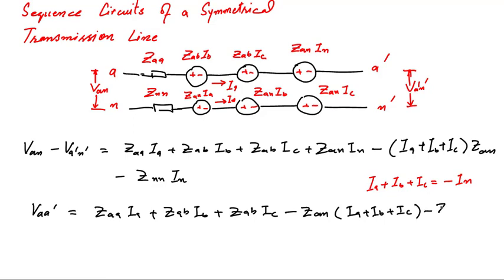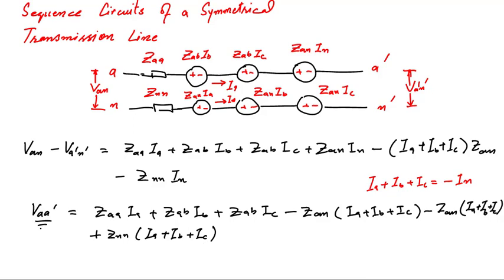minus ZAN into the same expression IA plus IB plus IC minus IN, that will become plus ZNN into IA plus IB plus IC. Here in this equation we have removed IN from our equation. Now all the impedances are given with respect to current IA, IB and IC in order to describe this voltage